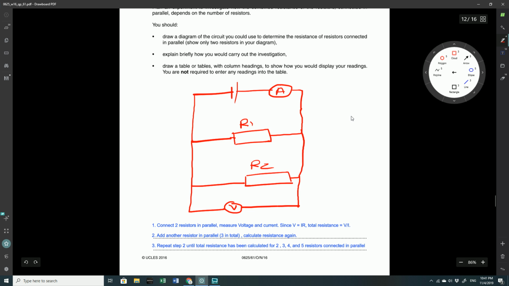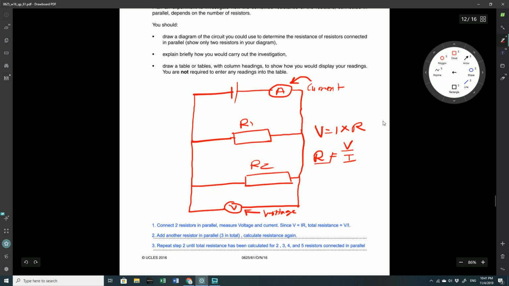As for the current, we're going to measure the total current in the circuit using the ammeter here. And of course, because we know that voltage equals current times resistance, if we want to know the total resistance in the circuit, we're going to get that with the formula resistance equals voltage divided by current. So whatever we get in terms of the value of the ammeter here, that's the current, and whatever value that we get here, the voltage going across each of the different branches,